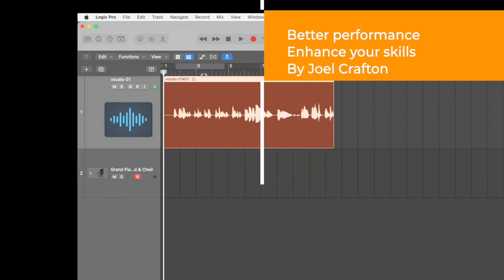If I want to check out a certain area where I might have made a mistake or I think I can enhance something, I can use this loop. I don't have to play the whole thing from beginning to end over and over. I can just loop this one section if I want to hear it. And this will help me do that. Grayed out means it's not activated. If I click it, it's activated. If I hit the space bar,